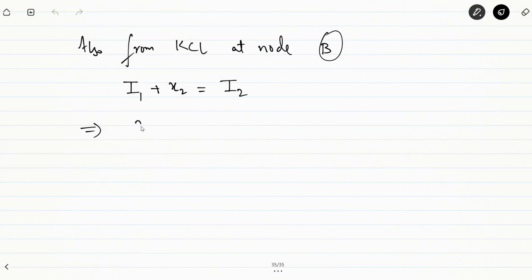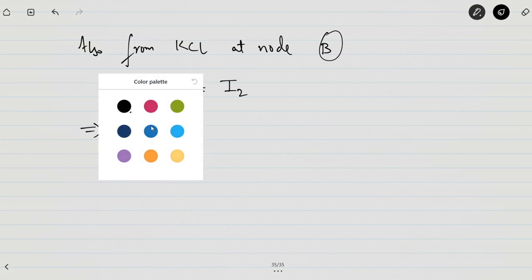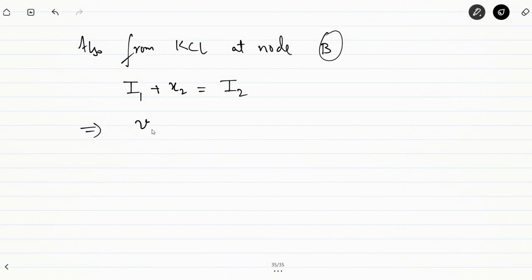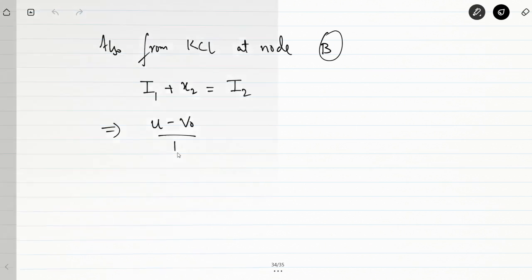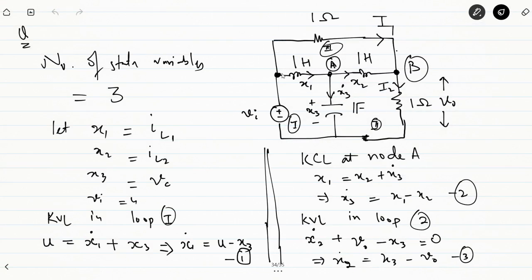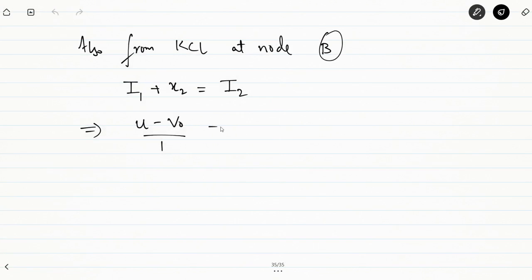I1 is V0, rather VI. VI is input voltage, U minus V0 divided by the resistor यहाँ पे 1 है। I1 is the current. I1 current is this voltage is VI, that's nothing but U minus this voltage, that is V0। ये जो यहाँ पे voltage है इसके across, यहाँ पे voltage V0 है, divided by this resistor, that's equal to 1, plus x2